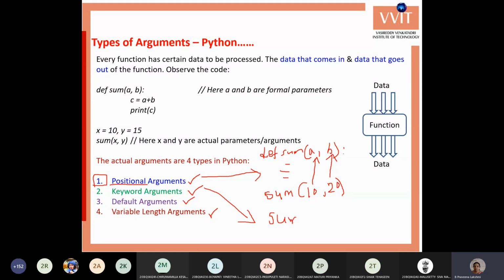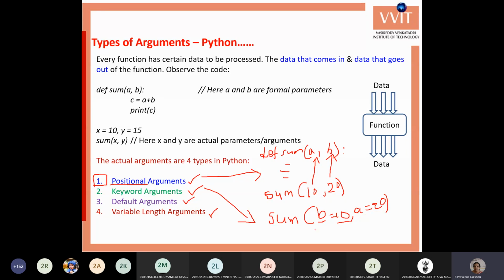For the same sum function, I'm using keyword arguments like this: b equals 10, a equals 20. While calling the function, we mention the argument name and equal to the value. So now the b value is 10, a value is 20.